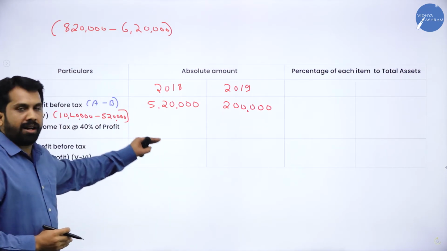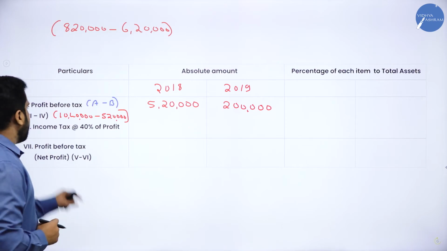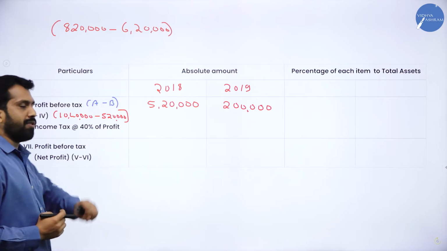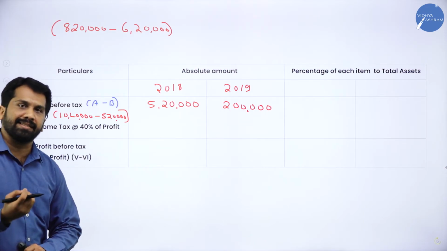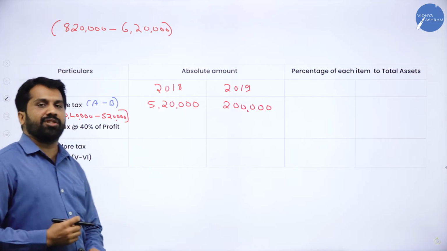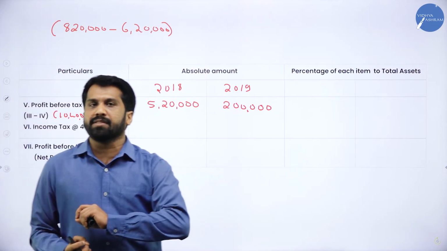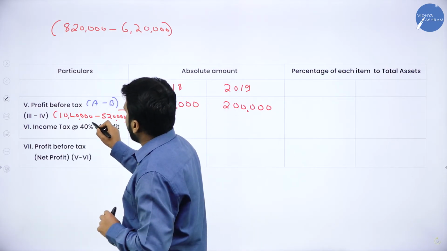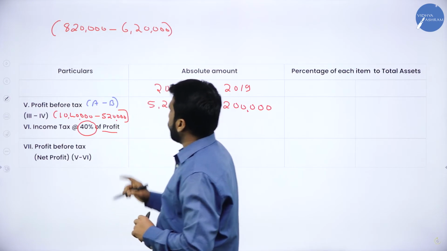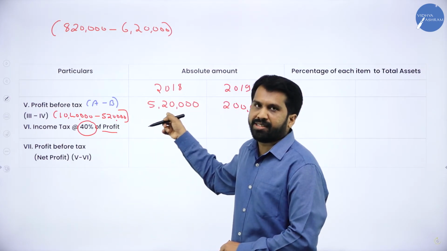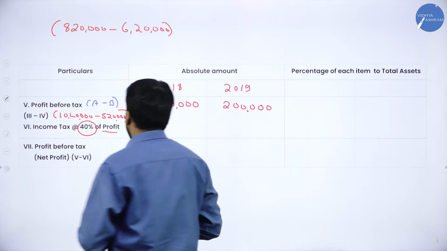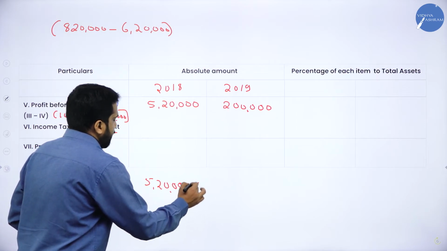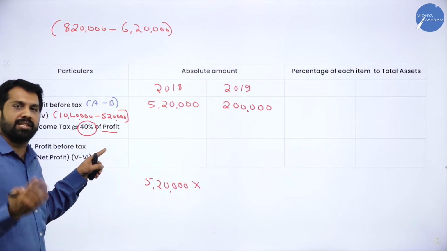Now, we are in the last and final step. Now, we have to minus tax. Then you will get profit after taxation. How to minus? Simple. What is the percentage given? They have given 40%. How to calculate? Simple calculation. Now, you have 40% on profit. What is your profit? Your profit is 5,20,000. Whatever profit you have, 5,20,000 multiplied with the tax percentage,